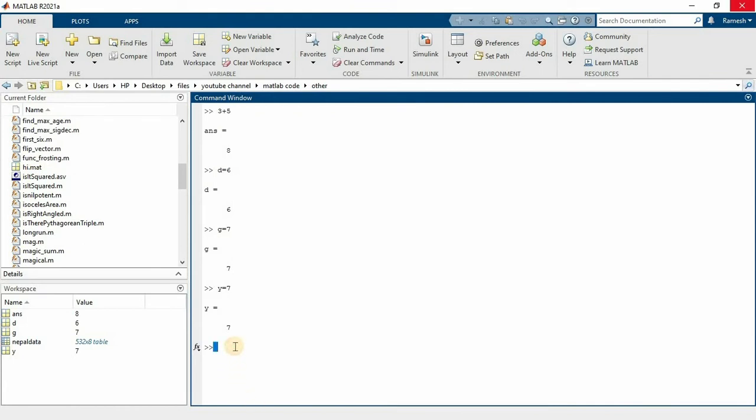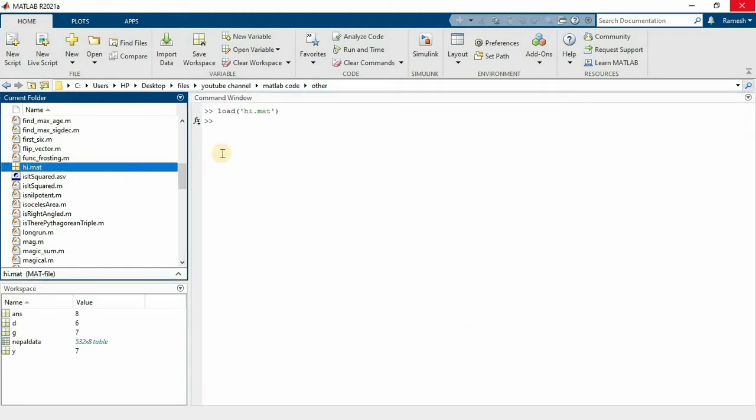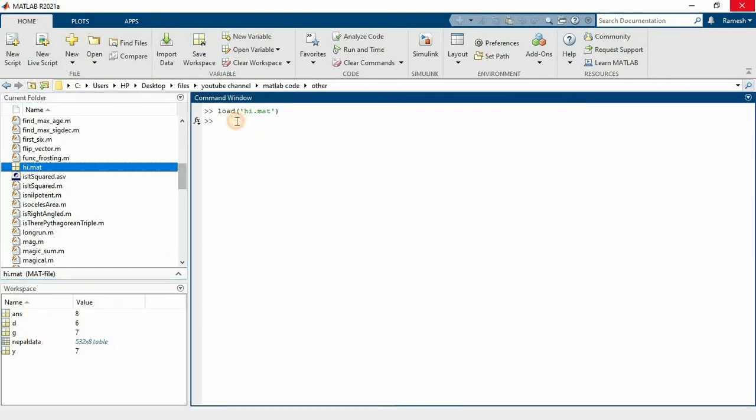What is the advantage of saving the workspace? Let's look at the screen. Click clc. clc basically clears the command window, and clear is used to clear the workspace. Now again clc, clearing the command window. Now double click on the file here, and it loads the file, same thing. Even after clearing the workspace or command window, you can load by double clicking here, and you can also load by using the command load and typing the name of this file, hi.mat, and that's it. Everything is loaded here in the workspace. It's easy.